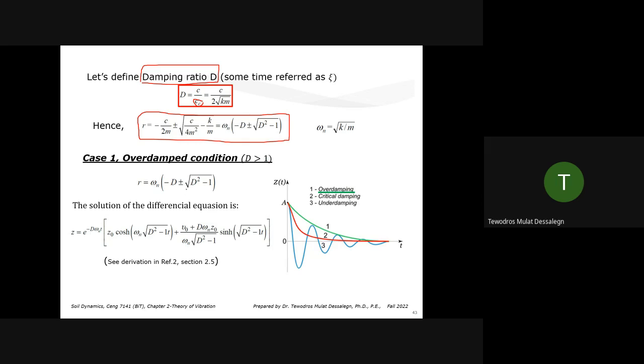We know that the expression inside the square root is greater than 0, so it's a real solution coming out. That's the overdamped case. That's the pattern you have, like the one shown in 1. The solution of the differential equation is this. So for R, when you have this,